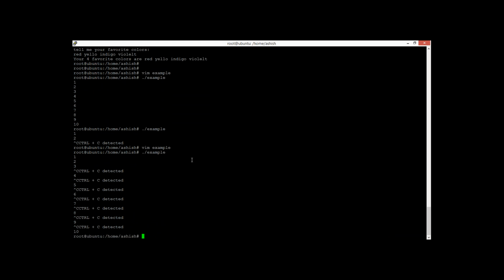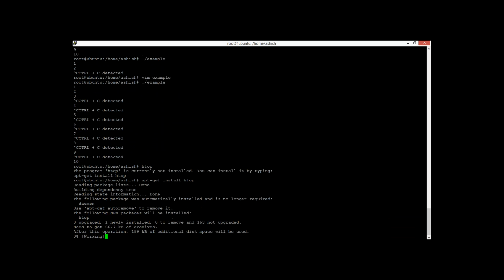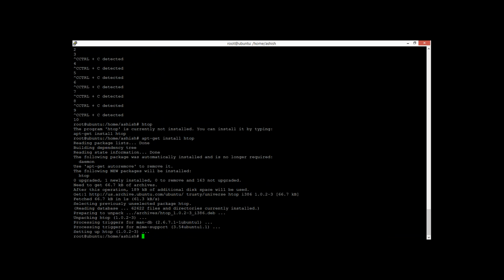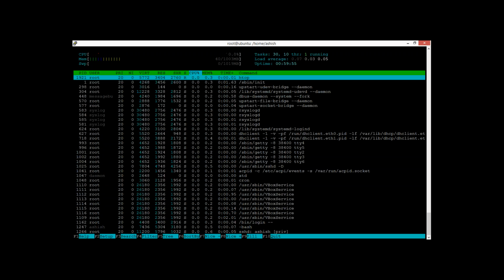It will proceed till the execution finishes and do nothing on the control C or the SIGINT. Let's see how many different signals are available there. I need a utility called htop to show you the signals. apt-get install htop. So here htop is now installed. If you bring up htop,